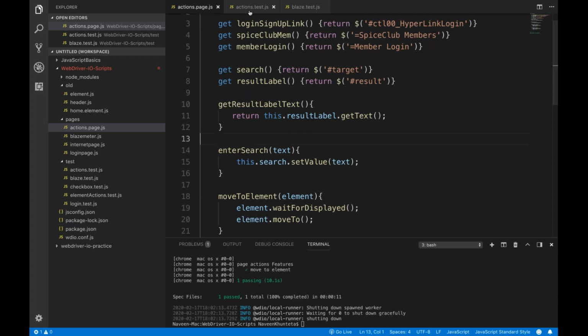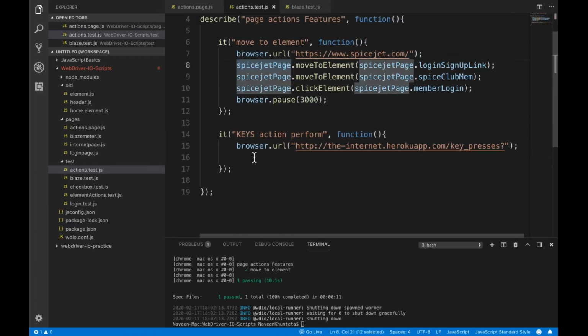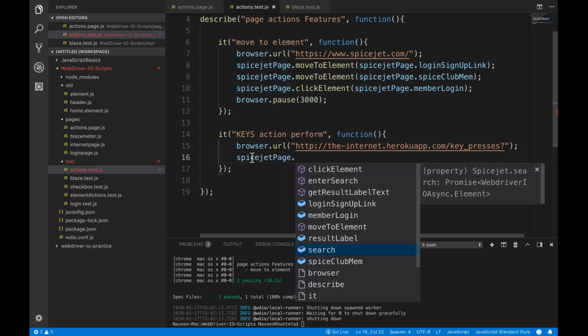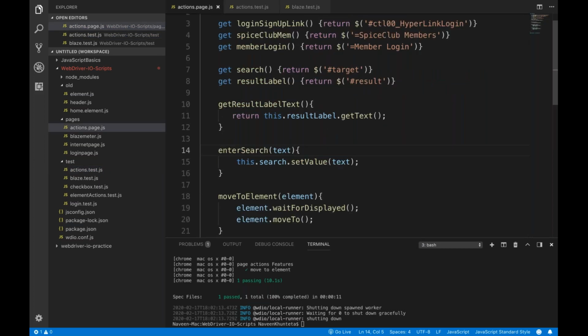Now I'll go to my action test.js, and browser.url, and after that I'll use my SpiceJet page. First we have to enter the value, so I simply write the enter search method, and this method asks what exactly you want to pass. I'll be passing some text over here, right guys? Are you getting the point? So we have to pass some text over here on the basis of